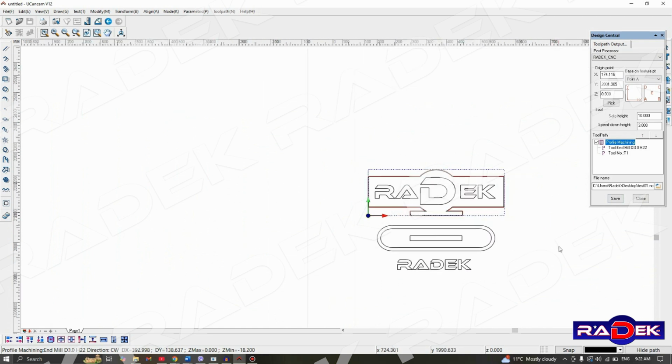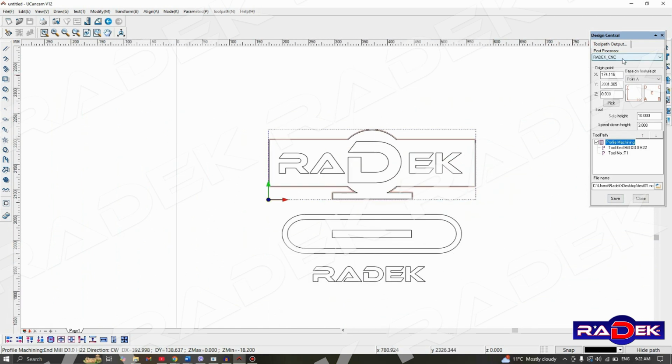In the first field, we select the adequate post processor, and right below it, we set up the origin point of the drawing. The values we input as origin determine the reference point from which all toolpath movements are calculated. It's the starting point for the machine's movements and can be set at different locations, like the corner or the center of the material. By defining the origin, we ensure the toolpath is aligned correctly, ensuring accurate cuts and preventing error in positioning. In our case, I will use the bottom left corner of the workpiece as an origin point,